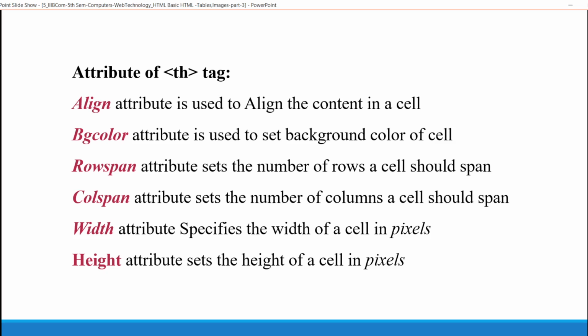If I want to divide a particular cell into different rows or into different columns, a single cell can be further divided into a number of rows or a number of columns.